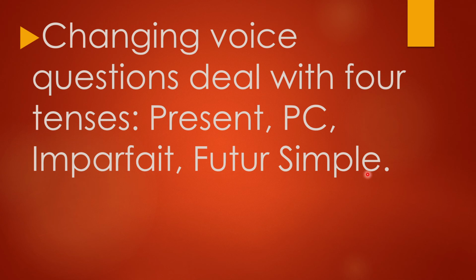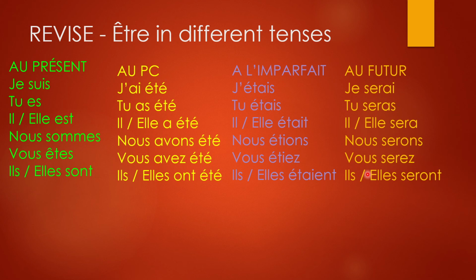But once you have learned the way of going about it, the procedure, the steps, the tense doesn't really matter. It is the steps, the way you go about it, that matters. So before we get into the nitty-gritty of how you go about it, it is important that you know it in the different tenses. It is crucial that you know this, otherwise it will become quite difficult for you to carry on with changing the voice. So let's quickly revise être in the 4 main tenses.